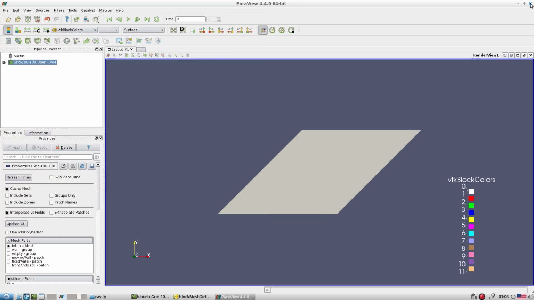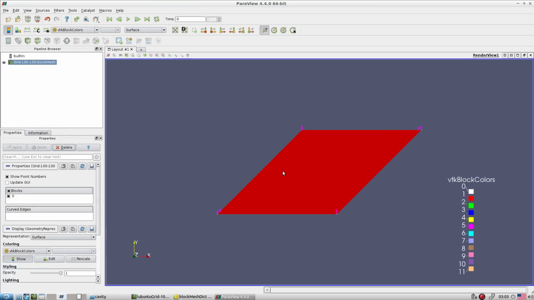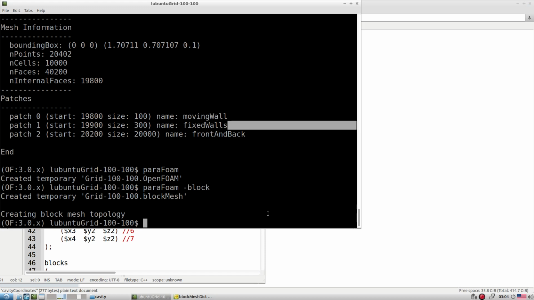Okay, so again let me show you the blockMesh file, so it will be much clearer. For the outline point of view, it is not showing us correctly, no worry. So this is the point system. We adapted 0 1, 2 3 4 5 6 7. And when you exactly see the surface and edge, you see our required cavity. Now let's run this cavity for Re equal to, let's say something like 400. So that is the idea behind that.